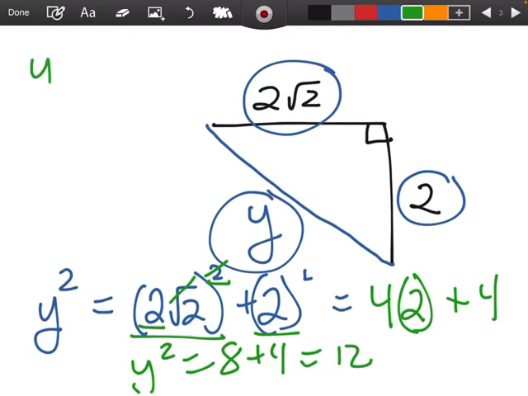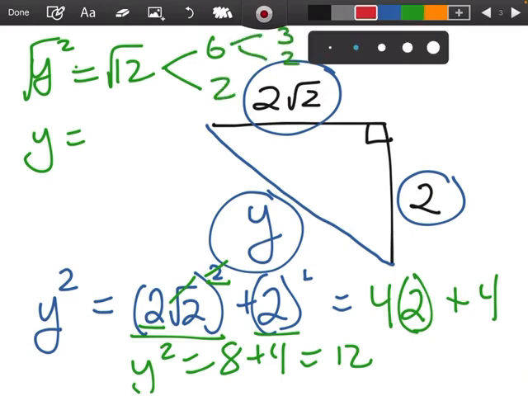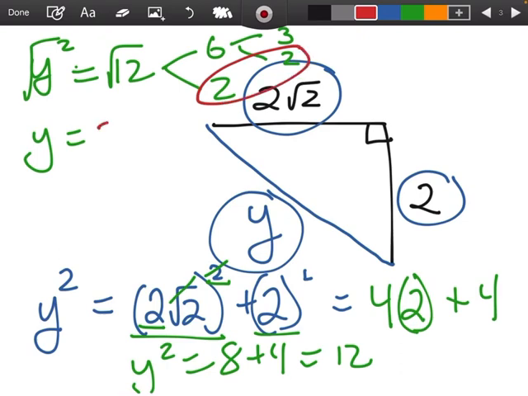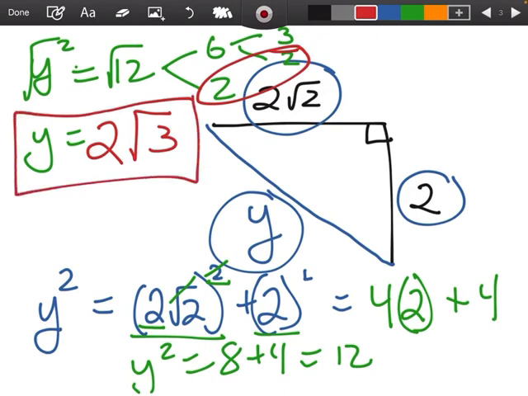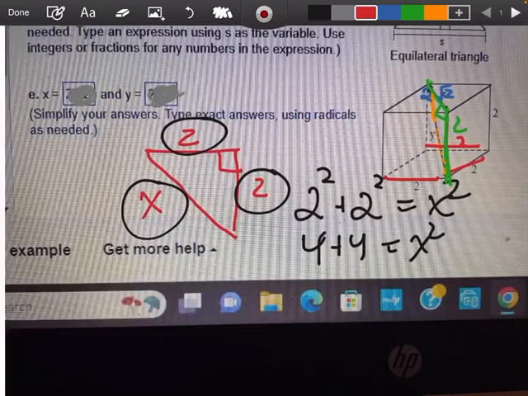Now I have y squared is equal to 12. When I take the square root on both sides, I'm going to break up 12. 12 is 6 times 2, and 6 is 3 times 2. Here's my pair of 2, so that comes outside, and this one has to stay inside. So y should be 2 square root of 3, and x should be 2 square root of 2. So x is 2 square root of 2, and y is